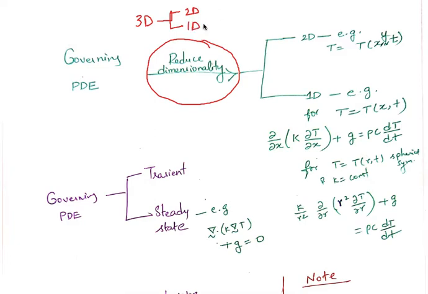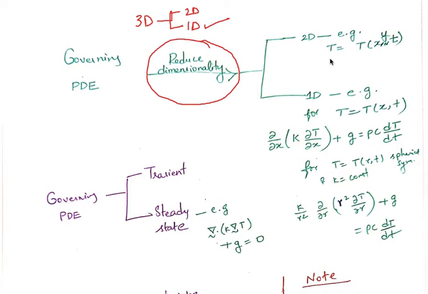What does D stand for? Dimension, okay. So you want to reduce the dimensionality of the problem. We will look at what it means, but if at all you can reduce it to 1D, that is the best, okay. Higher the dimensionality, the more the complexity of the problem. Now, how do you reduce dimensionality? What does it mean really? What it means is, within the problem, the solution has certain pattern, means it has certain symmetry.